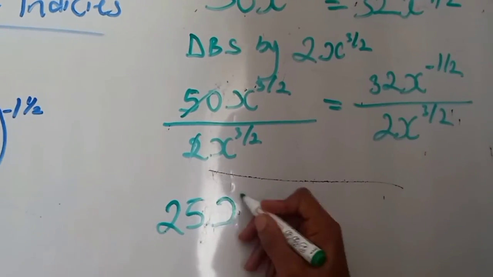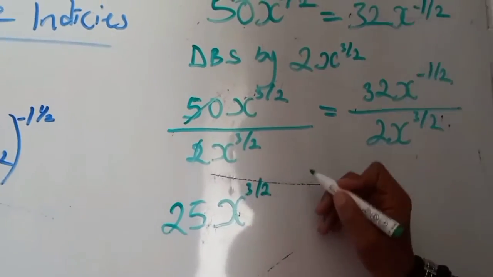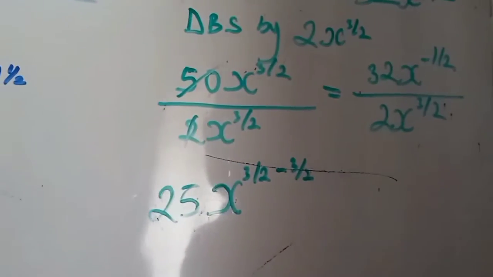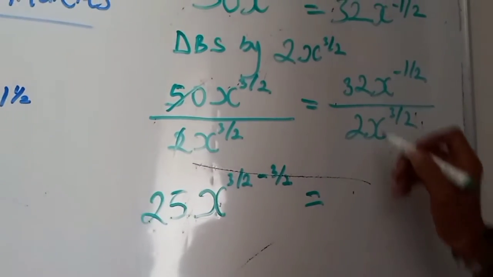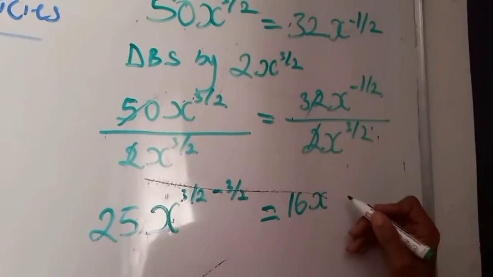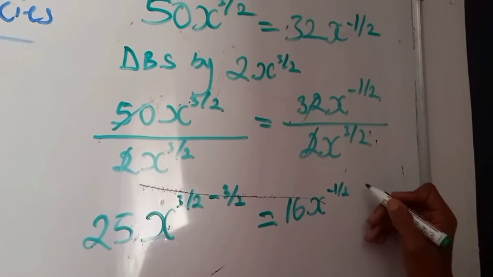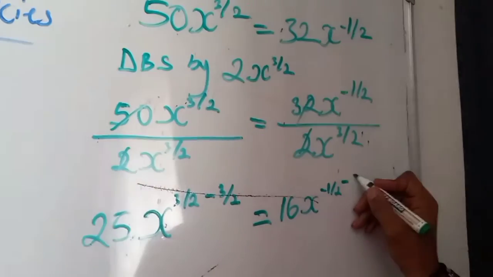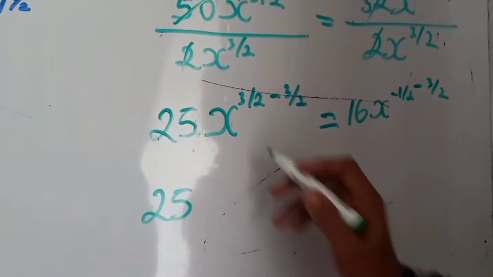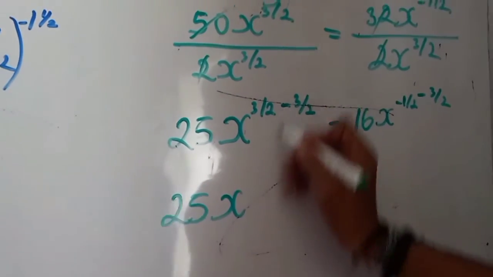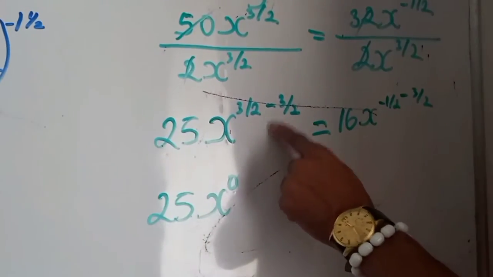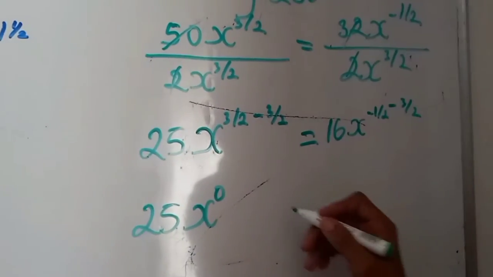Now look here carefully. x to the 3 over 2, because this division sign means minus 3 over 2, equals 32 divided by 2 is what? 16. x is common, minus 1 over 2, minus, because this division sign is, minus 3 over 2. What happened? 25. x is what? 3 over 2 minus 3 over 2 is what? 0. Automatically 0. If you do your fraction about this, it is 0. Automatically 0. Equals